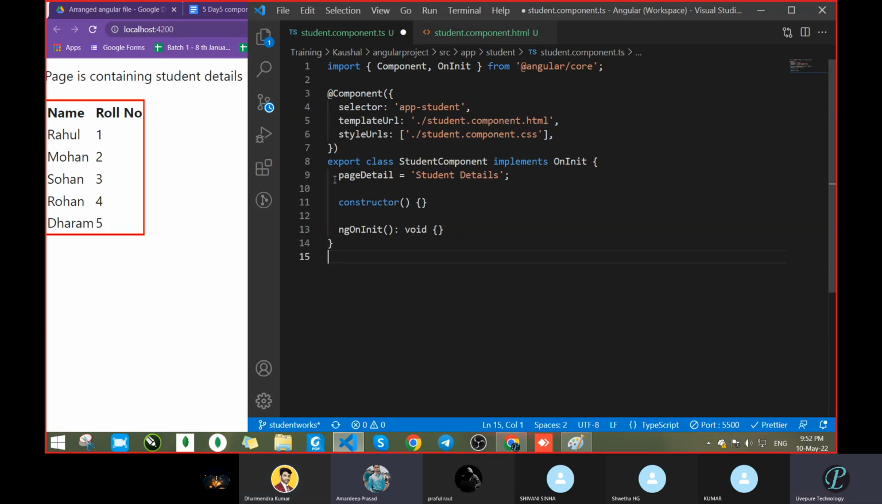Okay, so what have we done? We had written one variable, and we want to take this data onto our HTML page. What will we do? There are two ways of taking the data from the TS page to HTML, or HTML to TS. TS to HTML,